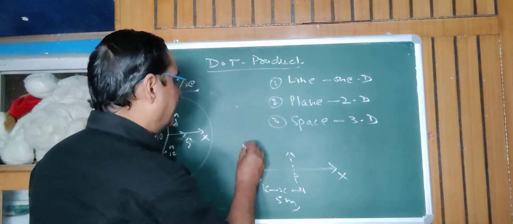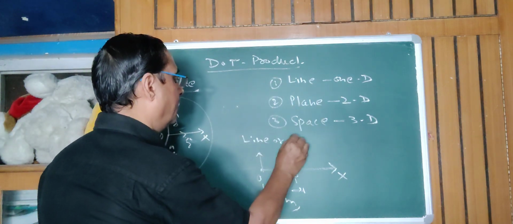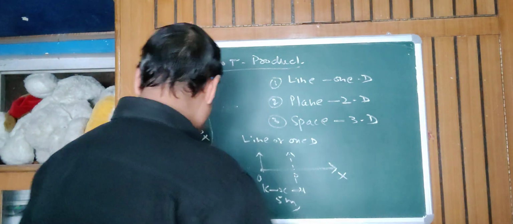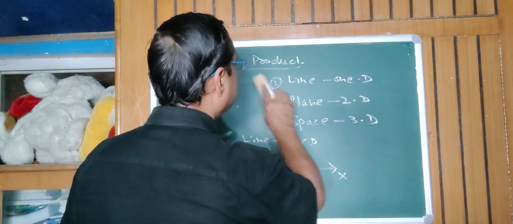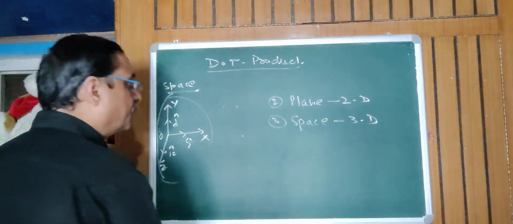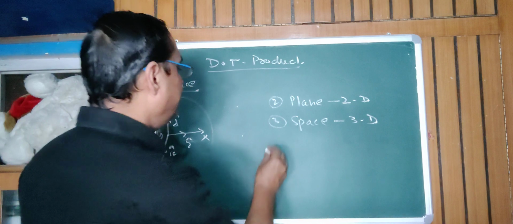And this is called line or 1D. Then comes second. If I am saying, say line, now it is clear. If I am saying, what do you mean by a plane? Plane means 2D,